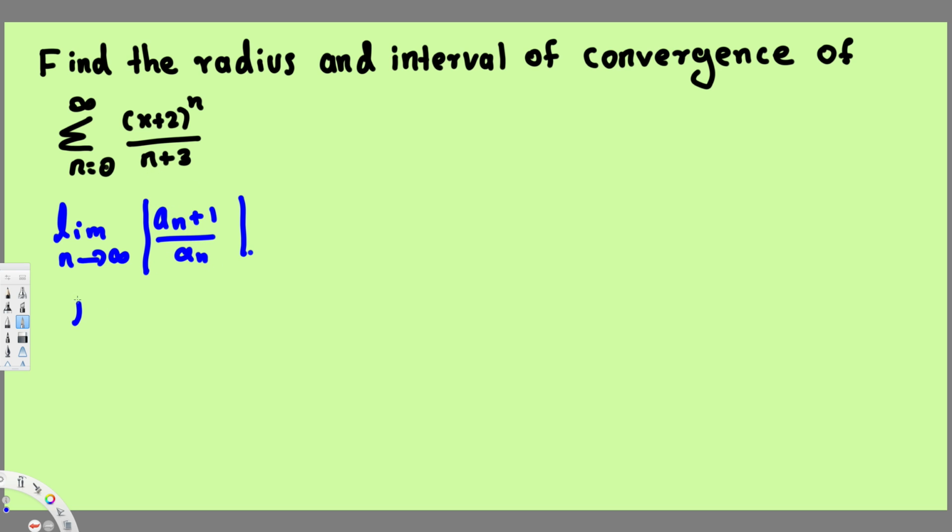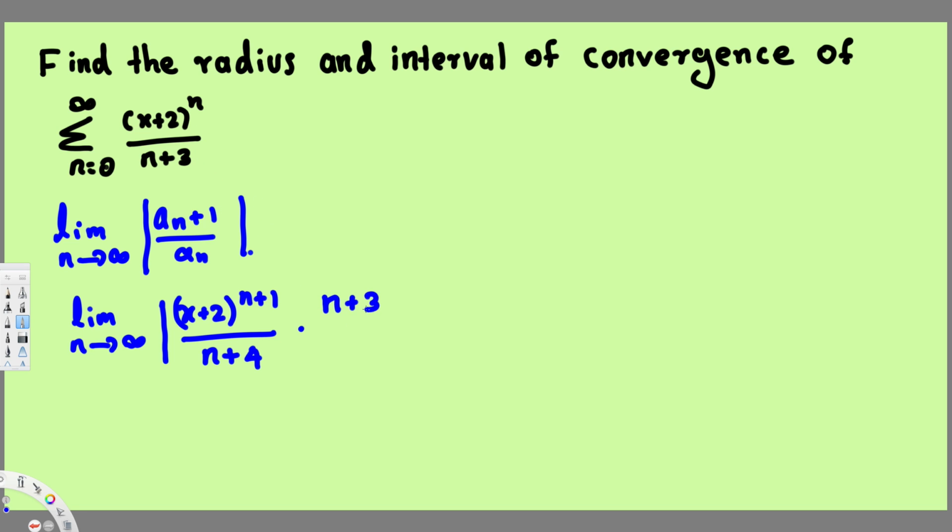So here we are going to have the limit as n approaches infinity, and a_(n+1) is going to be, wherever we have n, we just add 1 to that. So here we have (x + 2)^(n+1) over n + 3 + 1, so that's going to become n + 4. Then we have to divide by a_n, the original function, and dividing by this is the same as multiplying by its reciprocal. So here we are going to have